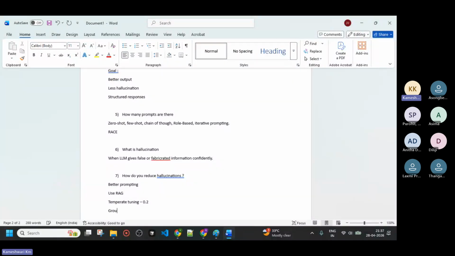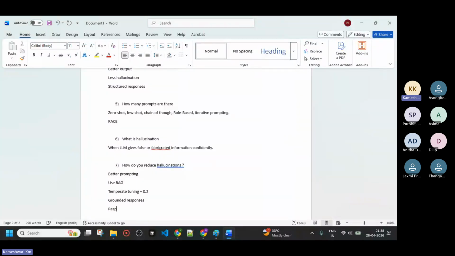And grounded responses. In prompting, we are doing better. In using RAG, how are we going to control hallucinations? By using grounded responses, because we are taking the answers from our local database. They should match, as you have seen when we used RAG. The answers are taken from this particular question and the citations, which are the basis of grounded responses. From that response only I'm taking the answer, or not.